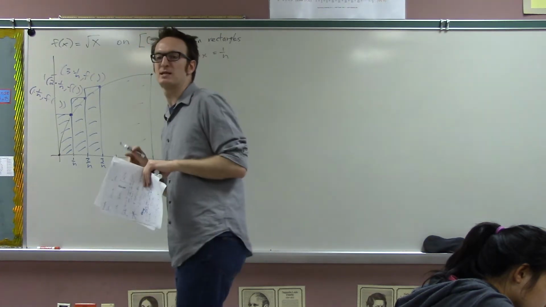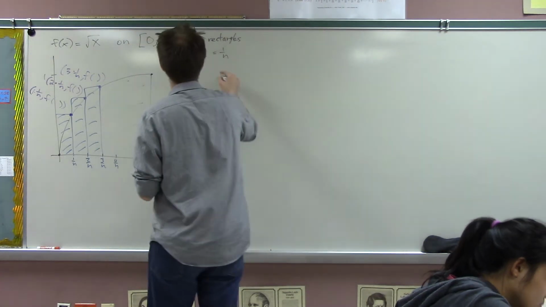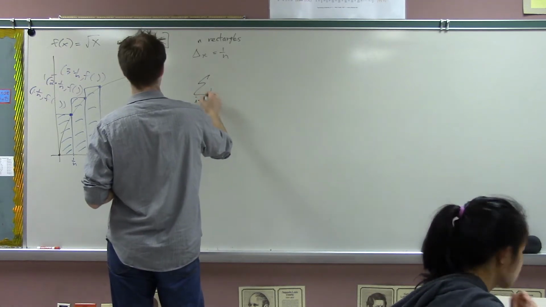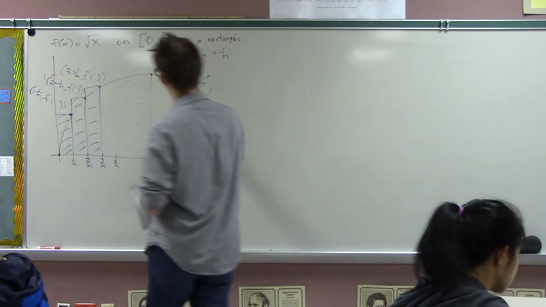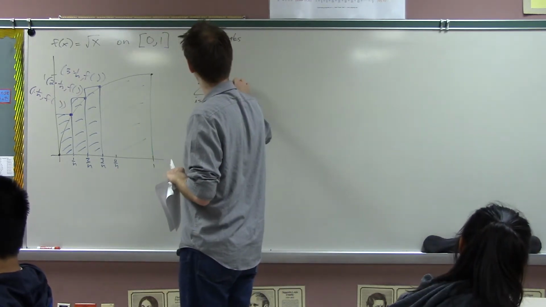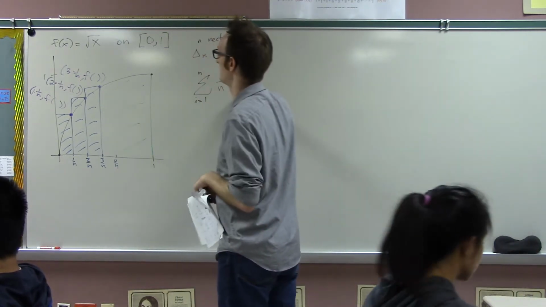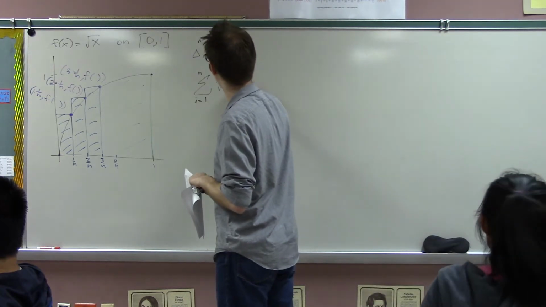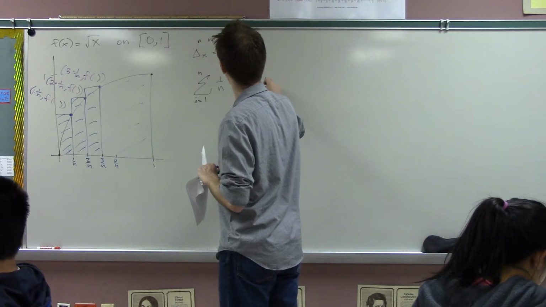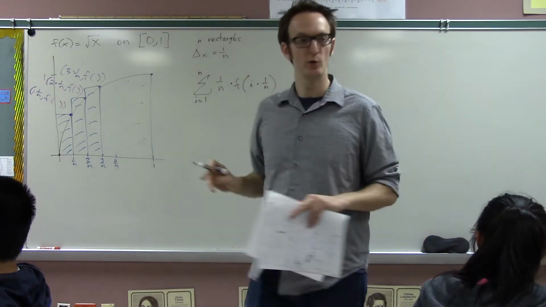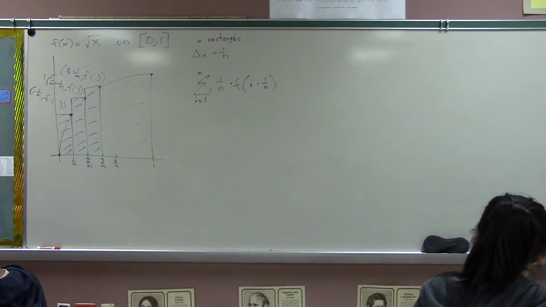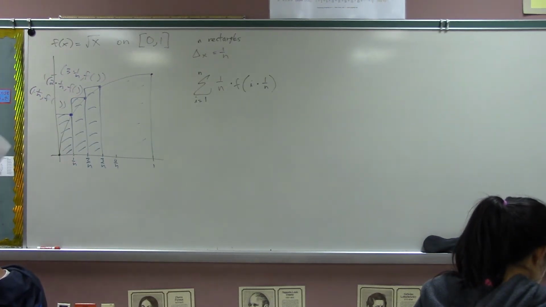So maybe I'll just go right to the sigma. Is that okay with you guys? Because we're getting more experienced. So if we go right to sigma, it's going to be the sum from i equals 1 to n of the width of each rectangle, 1 over n, and the height of each rectangle, f of i times 1 over n. Who got that? Okay, that's most everyone who was going fast. Okay, but then